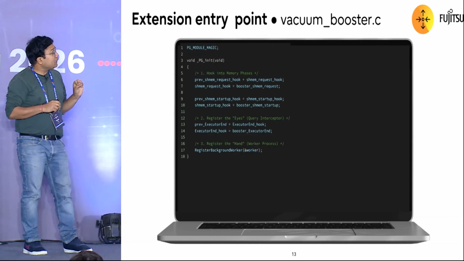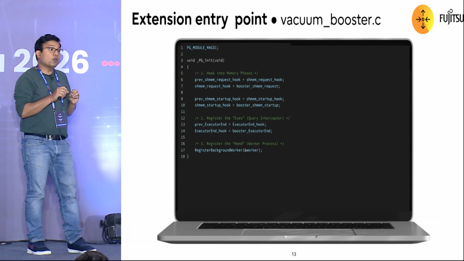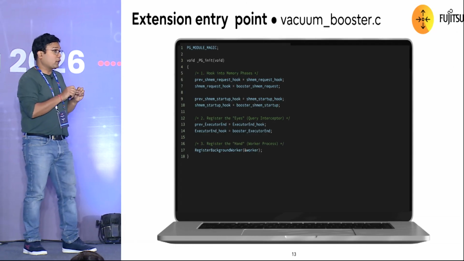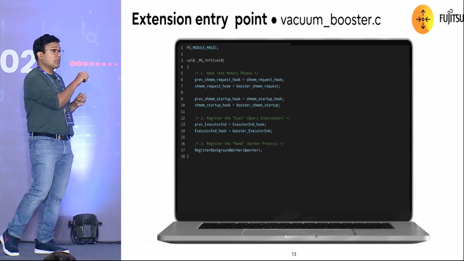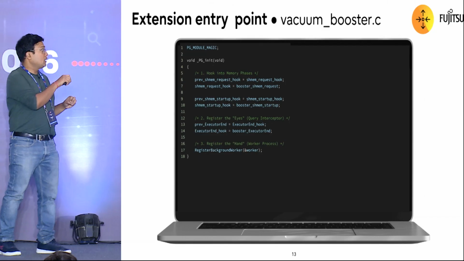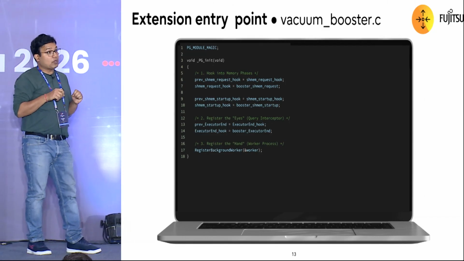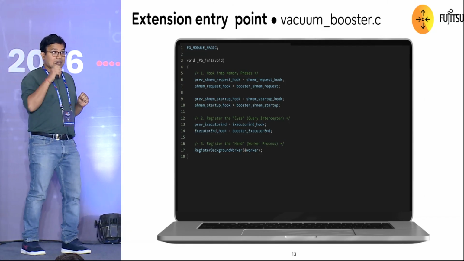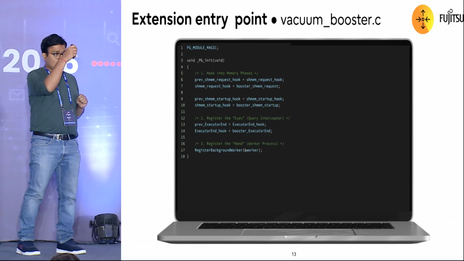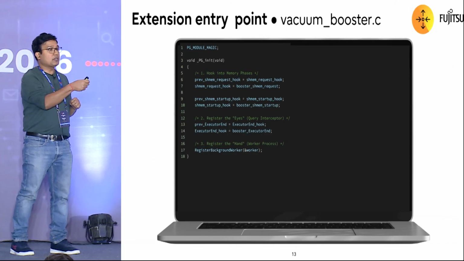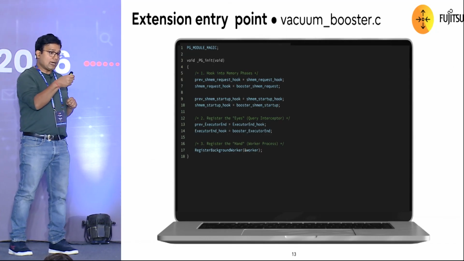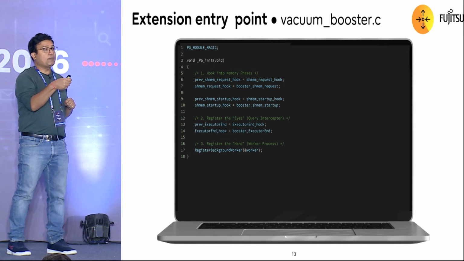At the same time I'm telling it that for this global memory I need some locks, because this needs to be protected. I will also need to inform Postgres, please also take care of these parts. Plus, because of this particular design, in the executor layer of the query, I'm hooking into the executor subsystem of Postgres, and I'm telling it that every time an execution happens, a query happens,